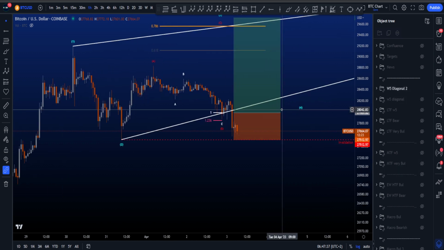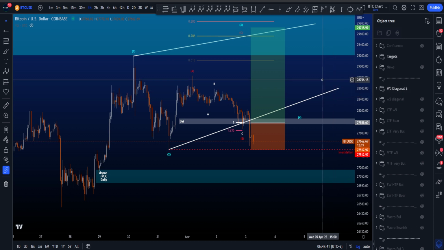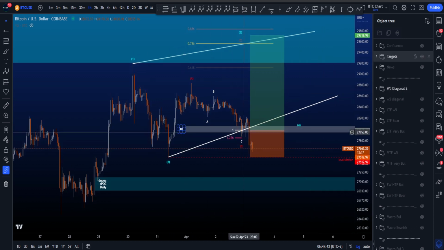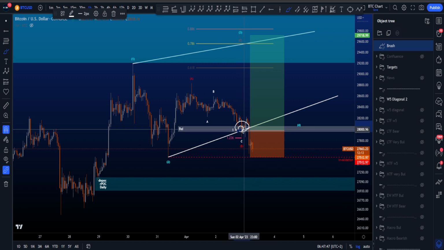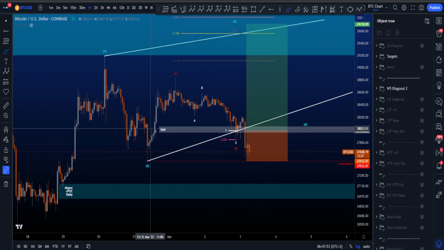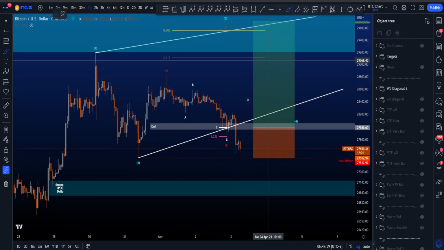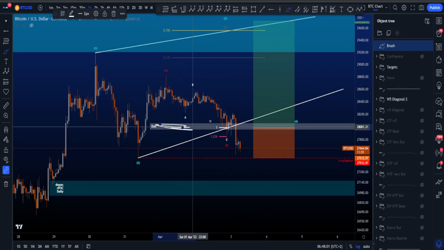Currently with this scenario over here, we went very deep, and looking at my target boxes as well, we basically crossed through the target box overnight. So we had some bounces, which was actually very nice. Had some support over here, but then eventually with the big candle fell through the target box. And for me, this target box was the main support area for this particular scenario as well, where if one would have traded this to the upside,